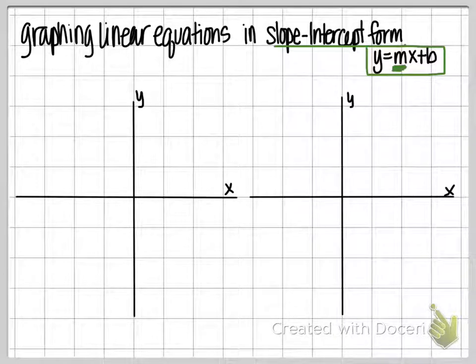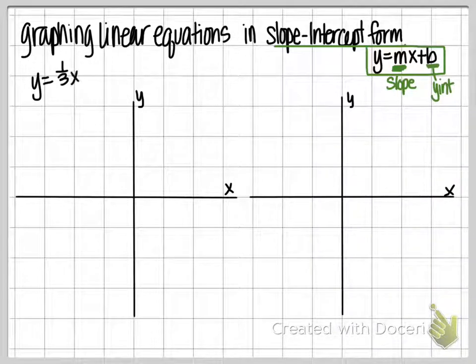M, the number sitting with the x, multiplied by the x, is our slope. And the number added on at the end, the b, is our y-intercept, where the line is crossing the y-axis. So, for example, if we have an equation that says y equals 1/3 x plus 2,